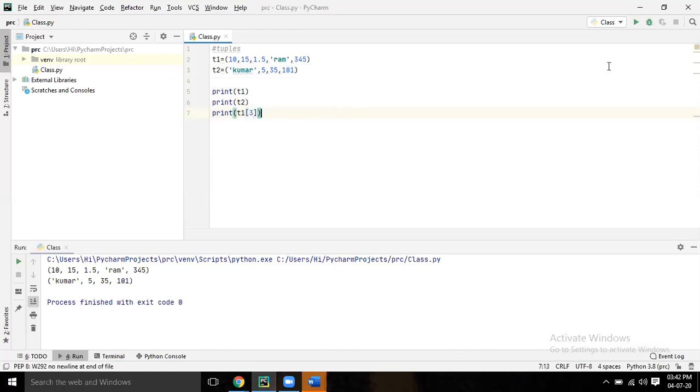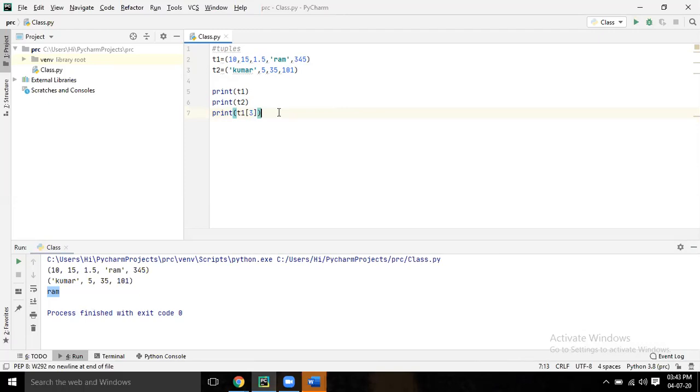So t1 of 3, what will come? 0, 1, 2, 3. But while declaring a tuple, which bracket are you giving? Normal parenthesis. But in list, square bracket. And in this slicing, square bracket. So that you have to remember.